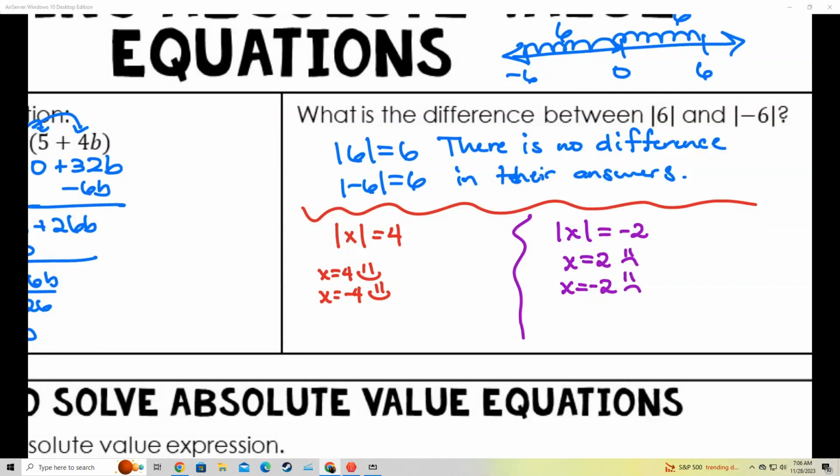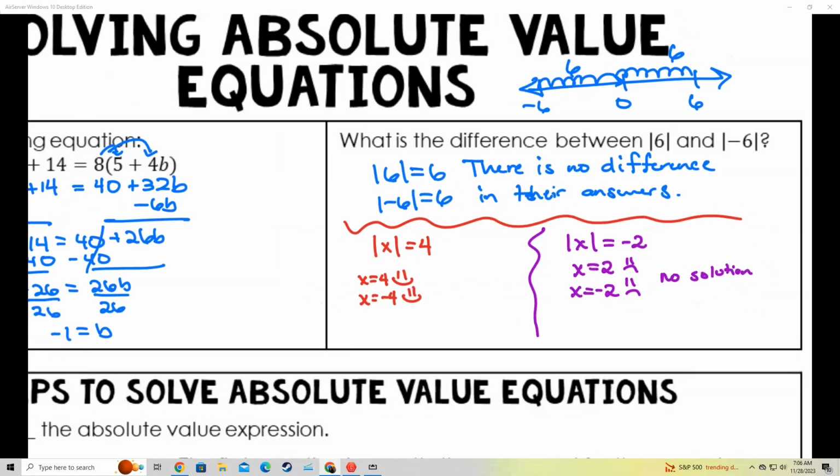So what number, when I take the absolute value of it, is going to give me that -2? Well, there is no number that'll work. So in this case, we actually ended up with no solution. And that's really important that you understand this, guys. Look, when you had a positive number out here, there were two different numbers that worked for that positive number. So we got two answers. But when my absolute value was a negative answer, like we cannot force this part to become negative. So we ended up with no solution. Okay, just kind of keep that in the back of your head because we are going to be using that